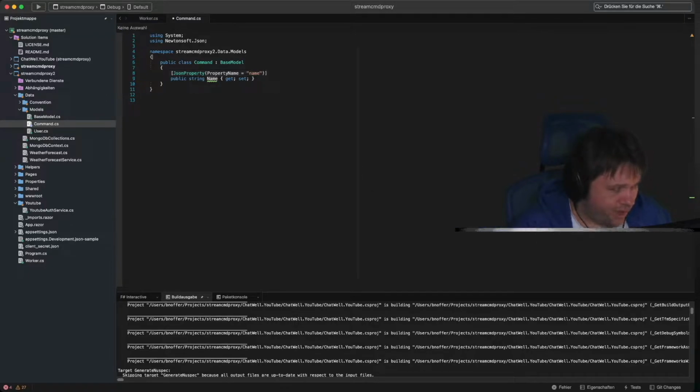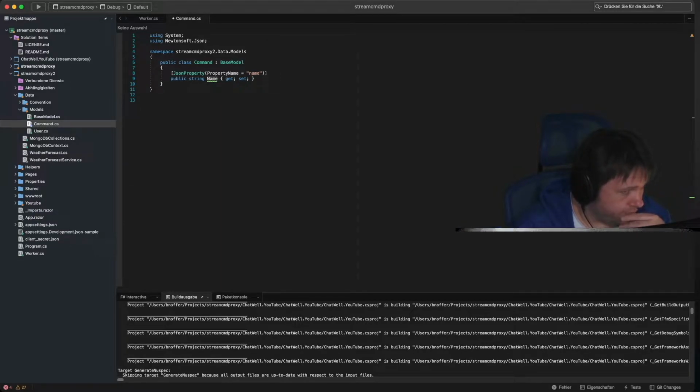So now we have our command, and the nice thing is we can extend this while we're going to build up the application. If we are adding new fields in the future, this is completely transparent. The setup process will take care of that for us completely. So what we have to do now